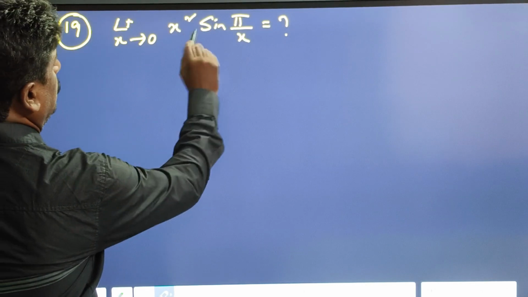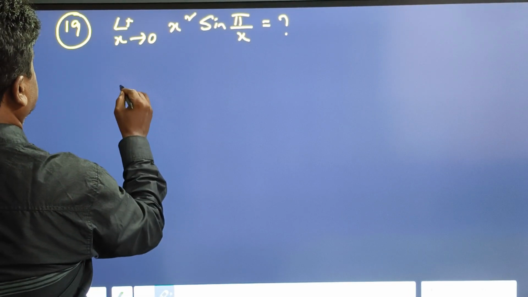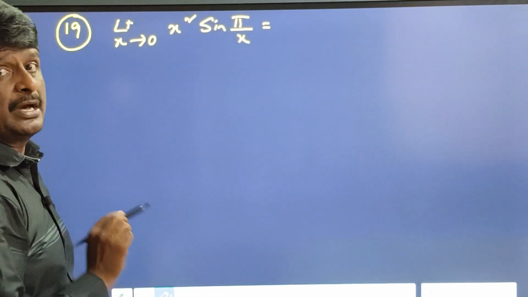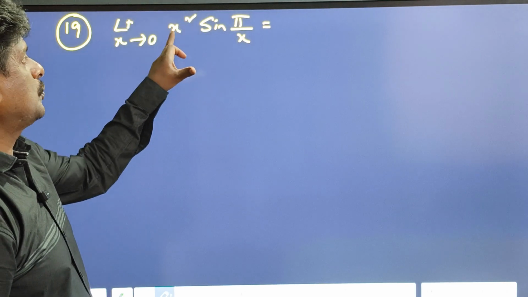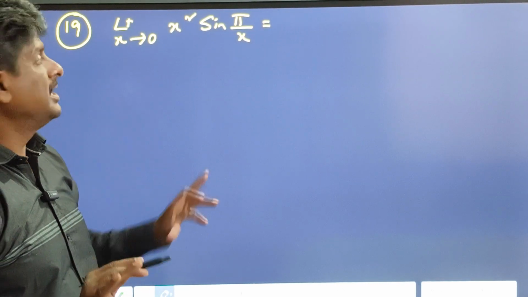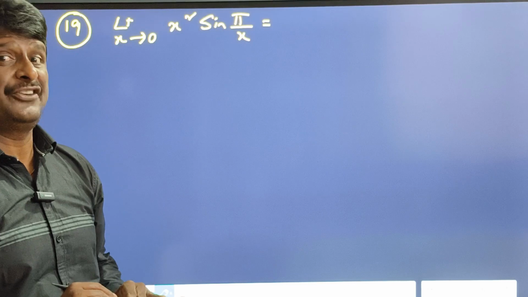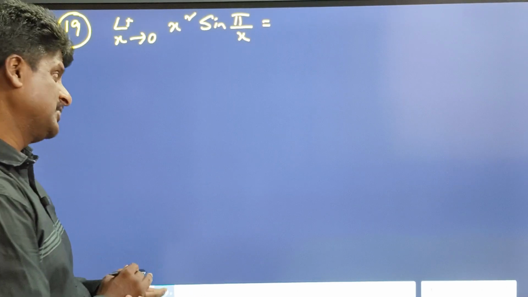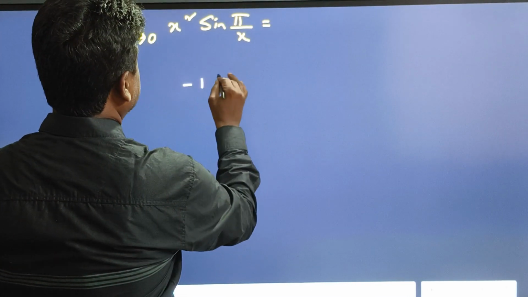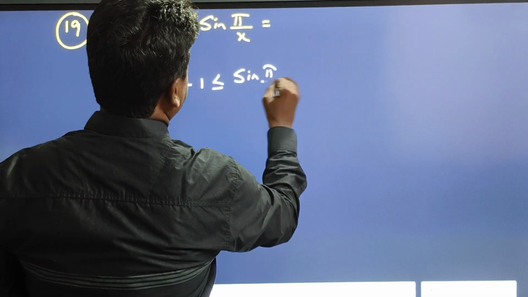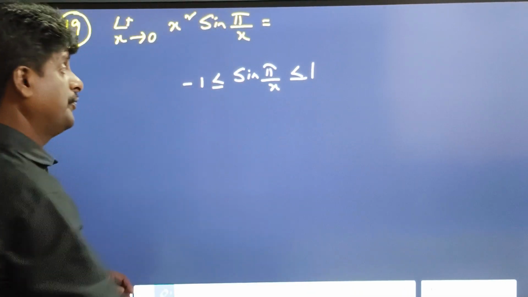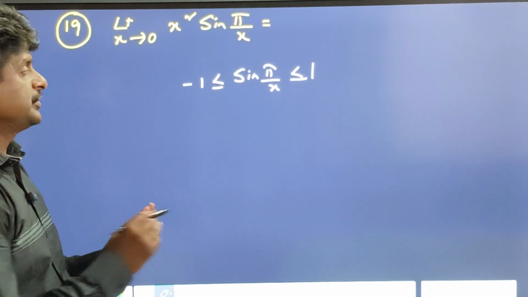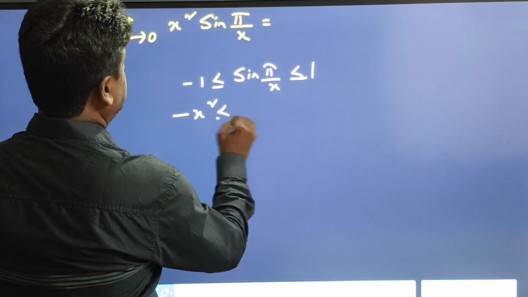Next. Limit as x tends to 0 of x² into sin(π/x). Observe that while applying the limit, x² gives 0² is 0, and sin(π/0) is sine of infinity, and we don't know what the sine infinity value is. That's why we use: minus 1 ≤ sin(π/x) ≤ 1. We know that the range of the sine function is minus 1 to 1. Multiplying with x²,